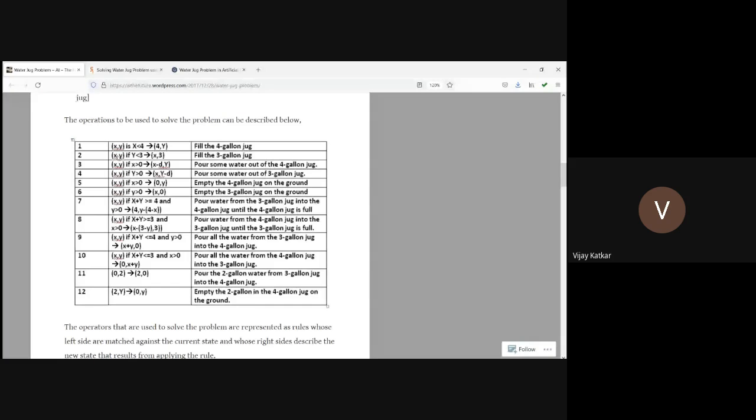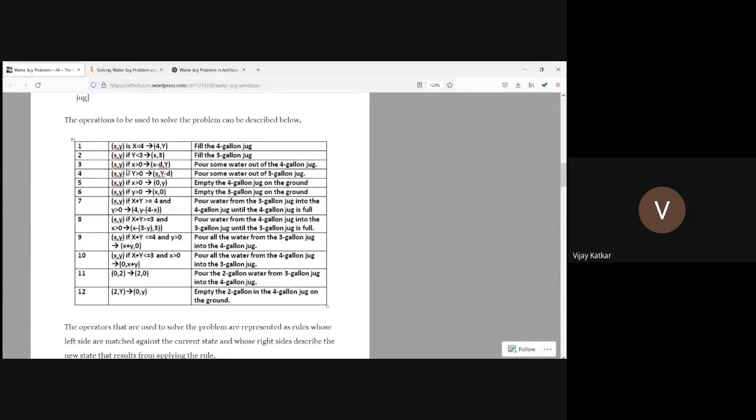Rule one says if jug X is not full, meaning the amount of water is less than 4 liter, we can fill that jug. Similarly, if the amount of water in jug Y is less than 3 liter, we can fill that jug.